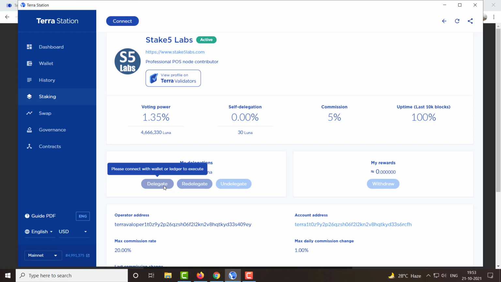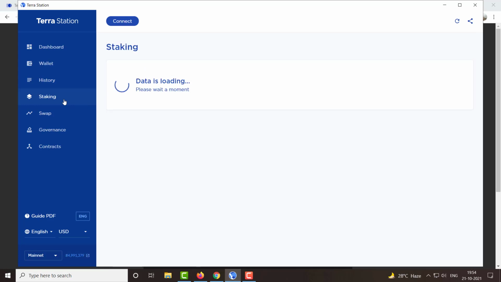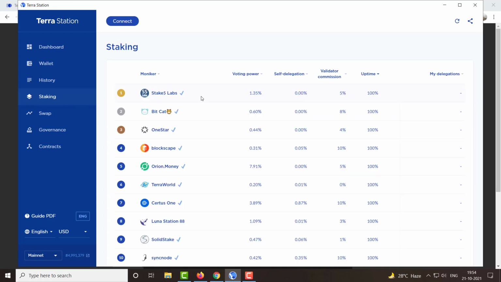So basically what this does is this will allow you to gain passive income on your Luna tokens, as well as this will also enable you to be able to receive future airdrops of new tokens that are about to be launched on the Terra blockchain. So this is a great way to go ahead and enjoy this blockchain.